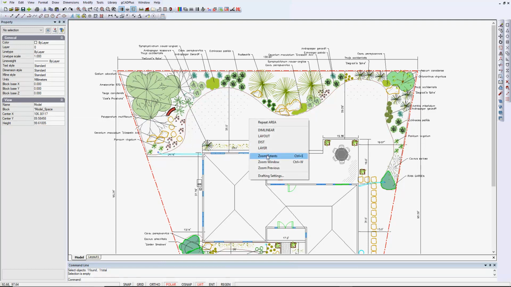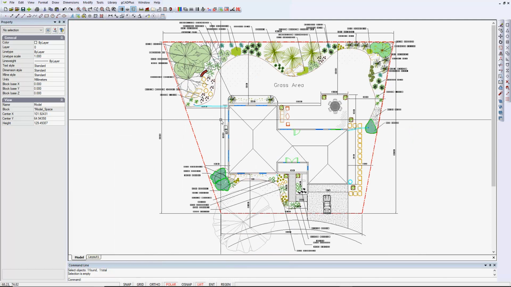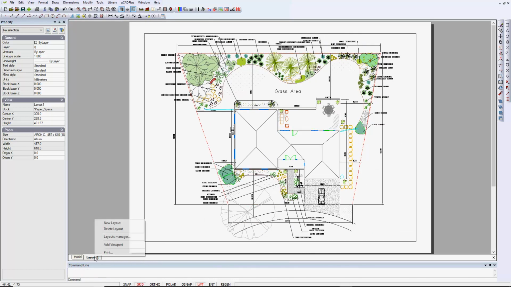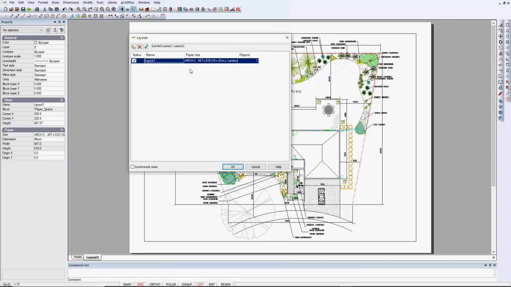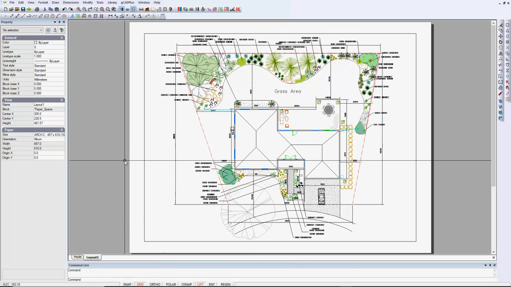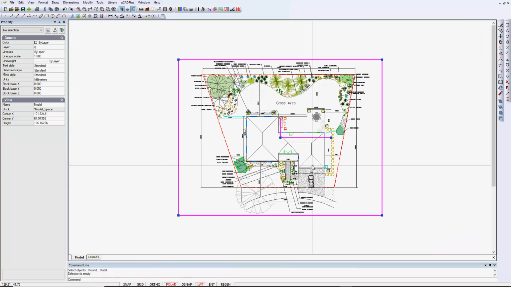I can right click and pick zoom extents, and I can move to a layout view, which if I go to the layouts manager, you can see that's placed on an architectural C size sheet. So I can present any view of my design in a layout sheet, and I can just double click if I need to